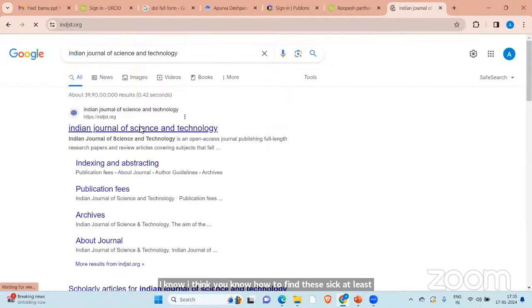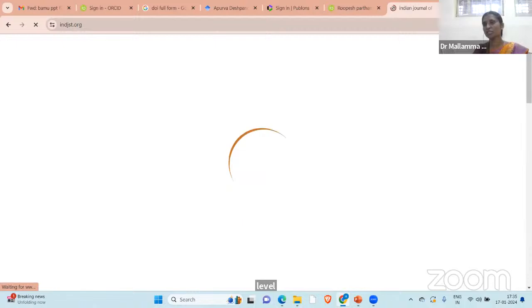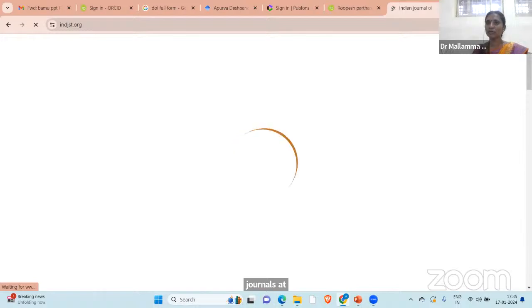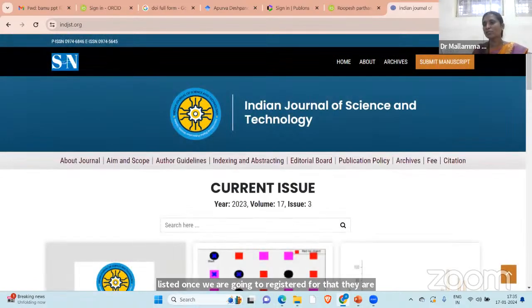Yes, I mean, from their website itself. Savitribai Phule University has given that initiation. They have listed both the group 1 and group 2 journals. Those who are going to register, they are in that list. So by seeing that only, go for publishing. Don't waste your time, don't waste your money, don't waste your thought processing to publish somewhere.